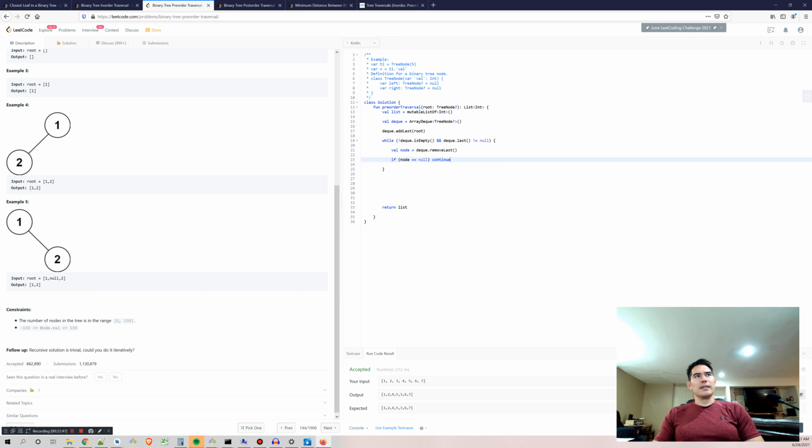So we are removing our last, so we are emptying the deck every iteration. If we do pass a null root, the node will be null, and we will just continue, and then the next time